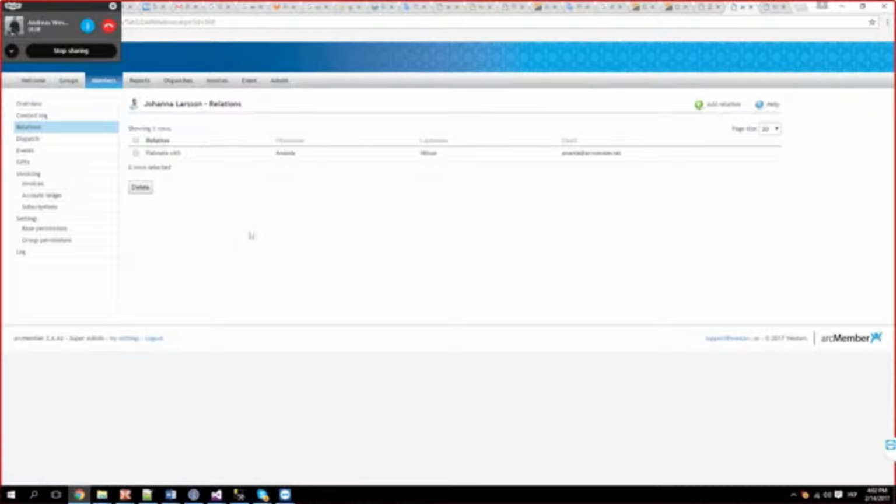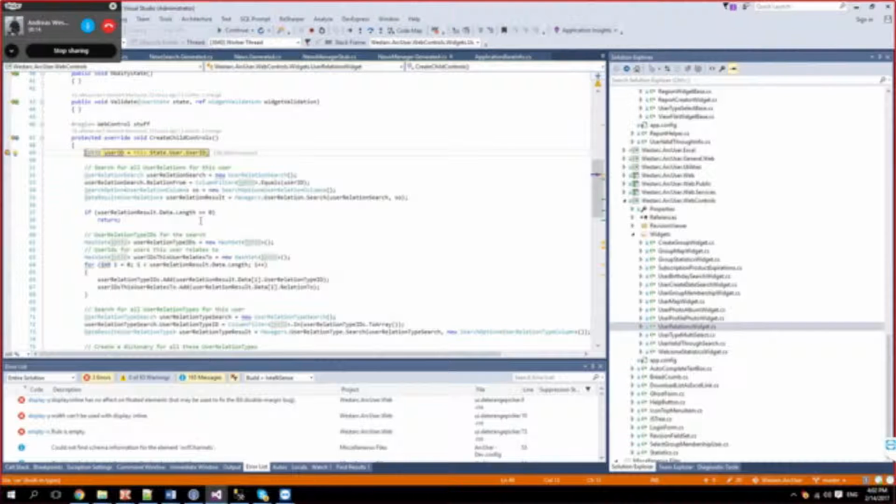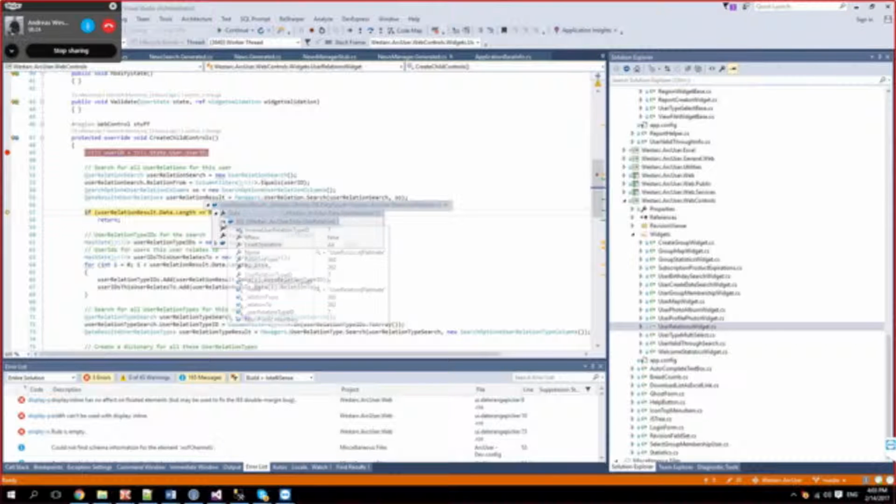Flatmate. She turns up here, Amanda. So now we end up here again. Now we got one row in the result. Data is user relation.